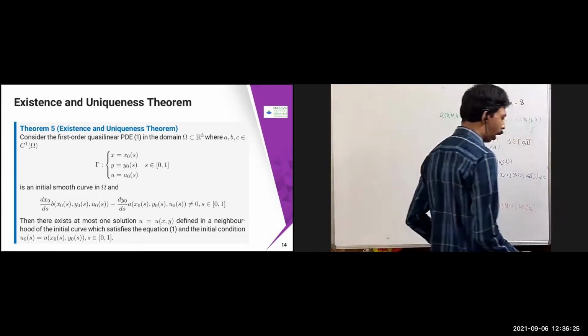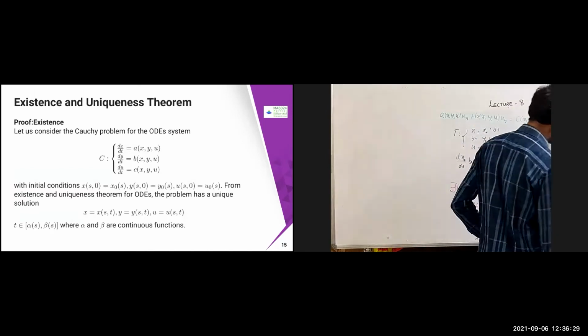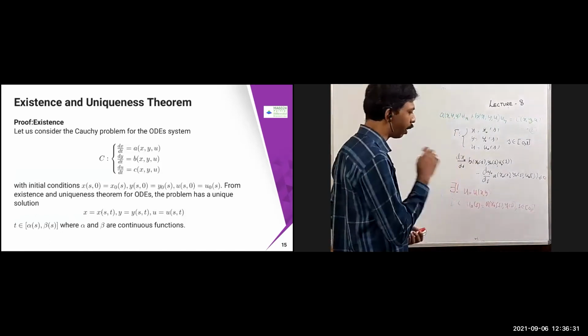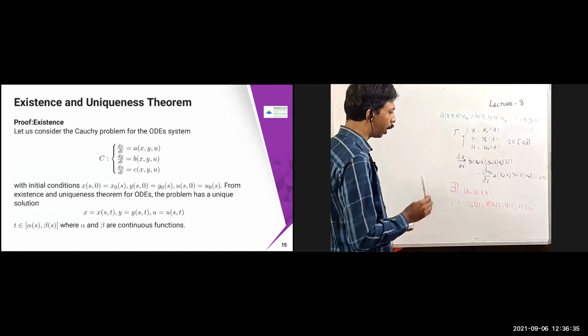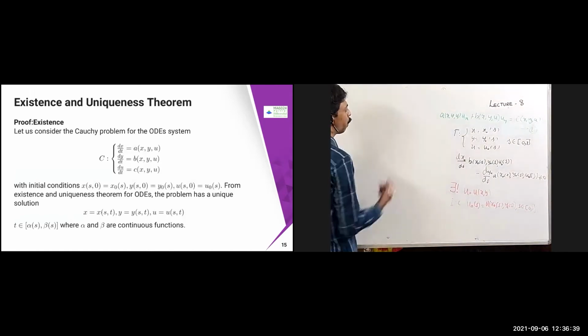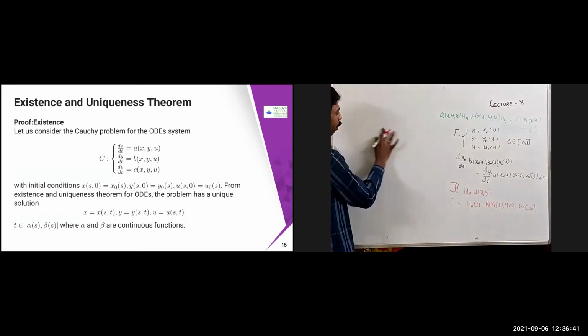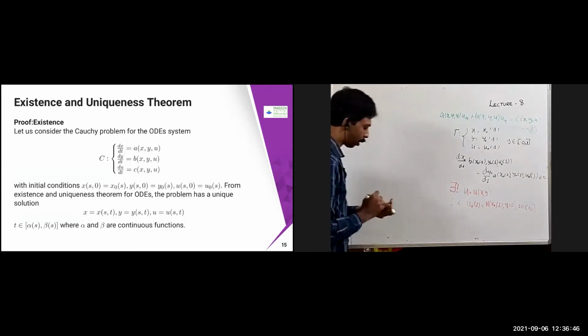I'll prove two lines of the proof without explanation, which is very straightforward actually, but I request you to go through it once again. The remaining part I'll do. So for this problem, what is the Cauchy problem, or what is the characteristic system, is going to be there. So the characteristic system is that